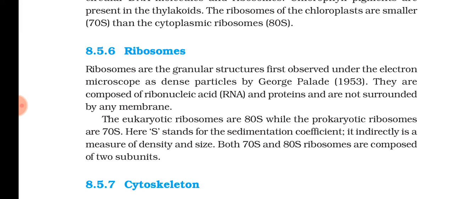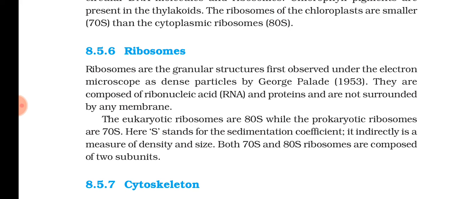DNA and RNA are genetic material, isn't it? They are heard of as genetic material till now. So in addition to that purpose, RNA also acts as a structural unit. An example is ribosomes. Ribosomes are made up of RNA and proteins, and they are not surrounded by any membrane. Understood? You can see that ribosomes exist as two subunits, a large subunit and a small subunit. There will be two parts.